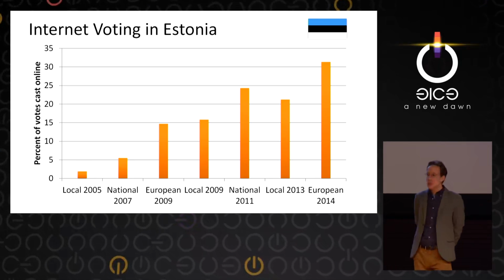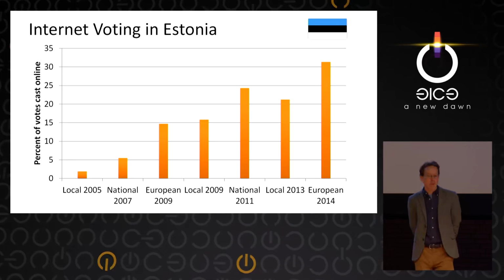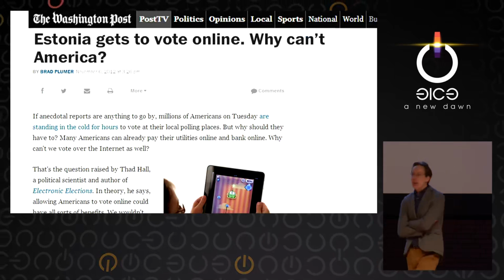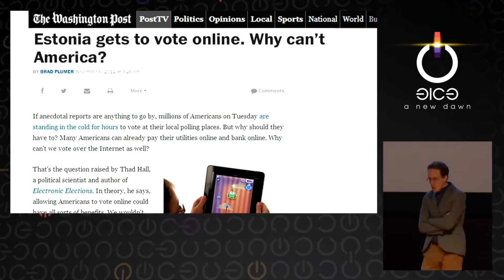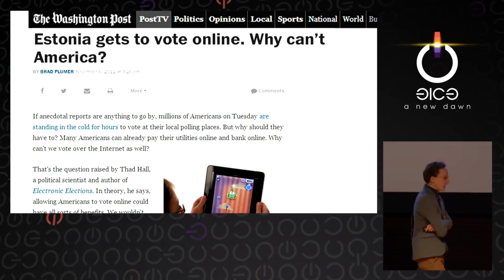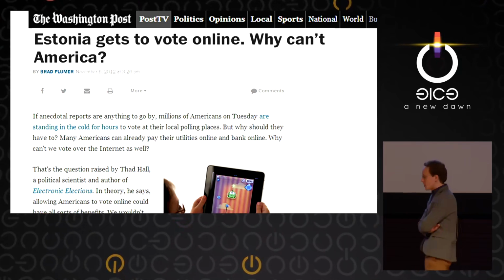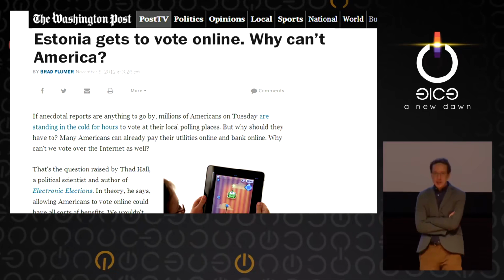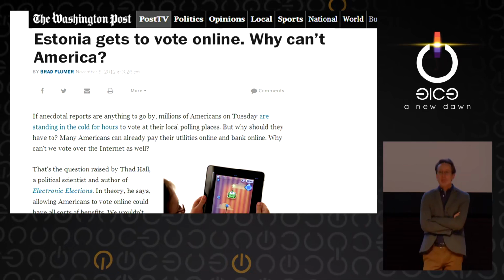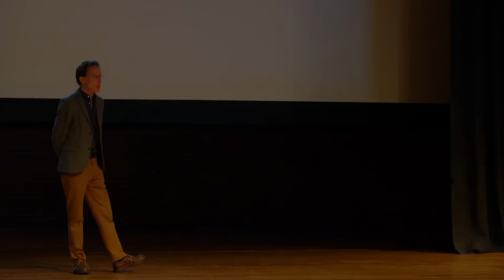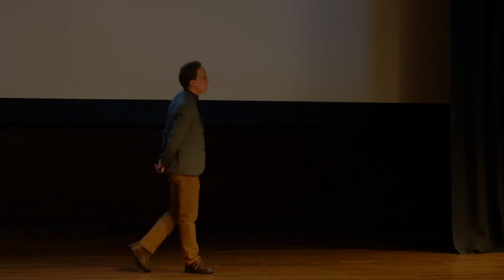There's no other country that comes close to relying that heavily on the internet for votes in national elections, 30% and more. And yet, whether the Estonian system is secure is a question that had not been adequately answered. In fact, there was not, until we got there anyway, an independent international study that examined in detail the technology and its security implications. Because of this, many other countries, including my own, had people looking around, saying, wow, Estonia, look at that, they're voting online. Why can't we do that? Wouldn't that be great if we could vote over the internet?